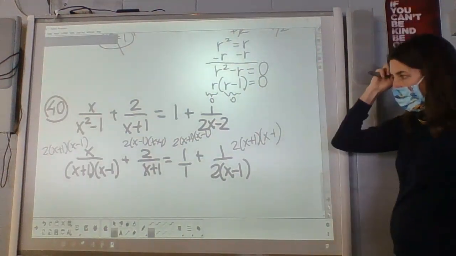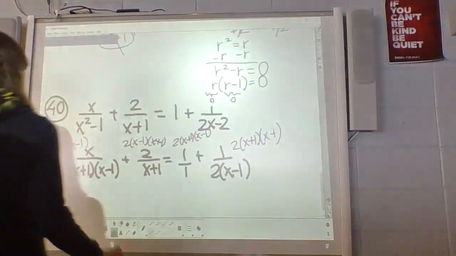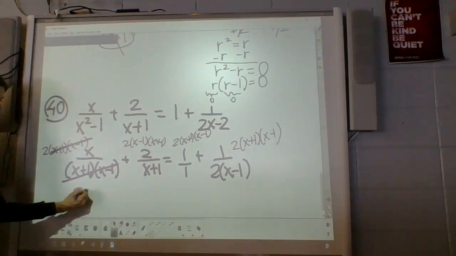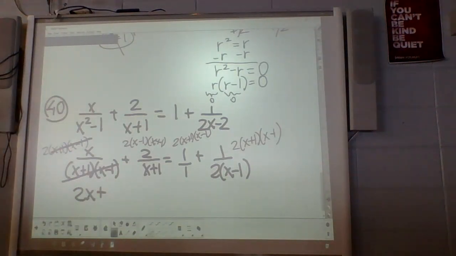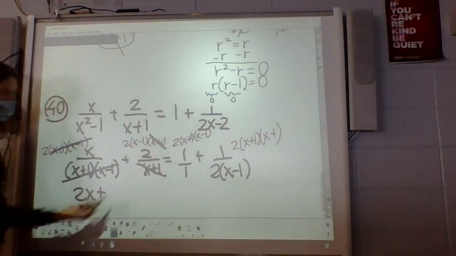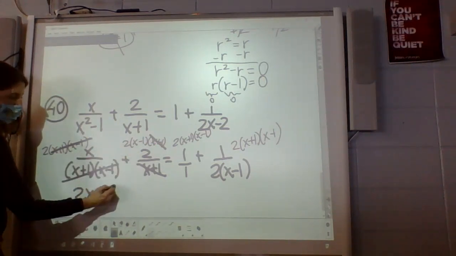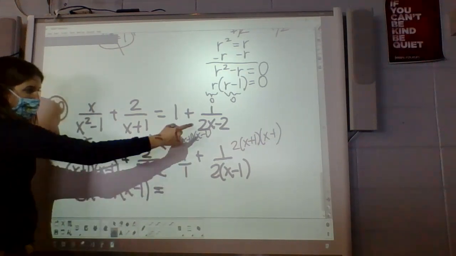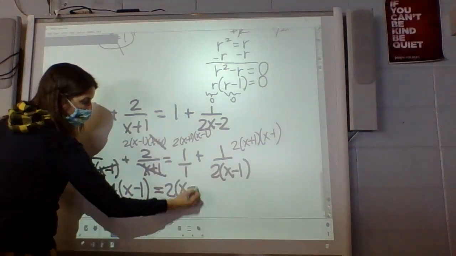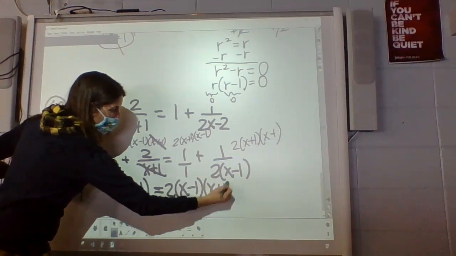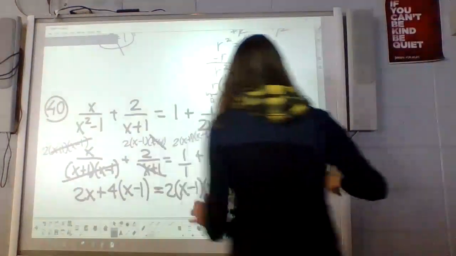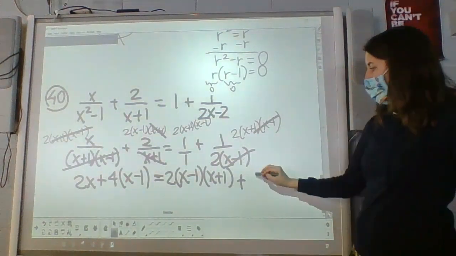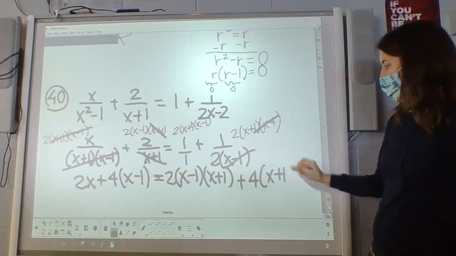Not the prettiest step here. Okay. So at this point now I can cancel those. So I'm left with 2 times x. Here I can cancel those two. So I'm left with 2 times 2, which is 4, and x minus 1. This one, anything times all that, I have to include all of that. And then here, those two just cancel, so I'm left with 2 times 2, which is 4, and then